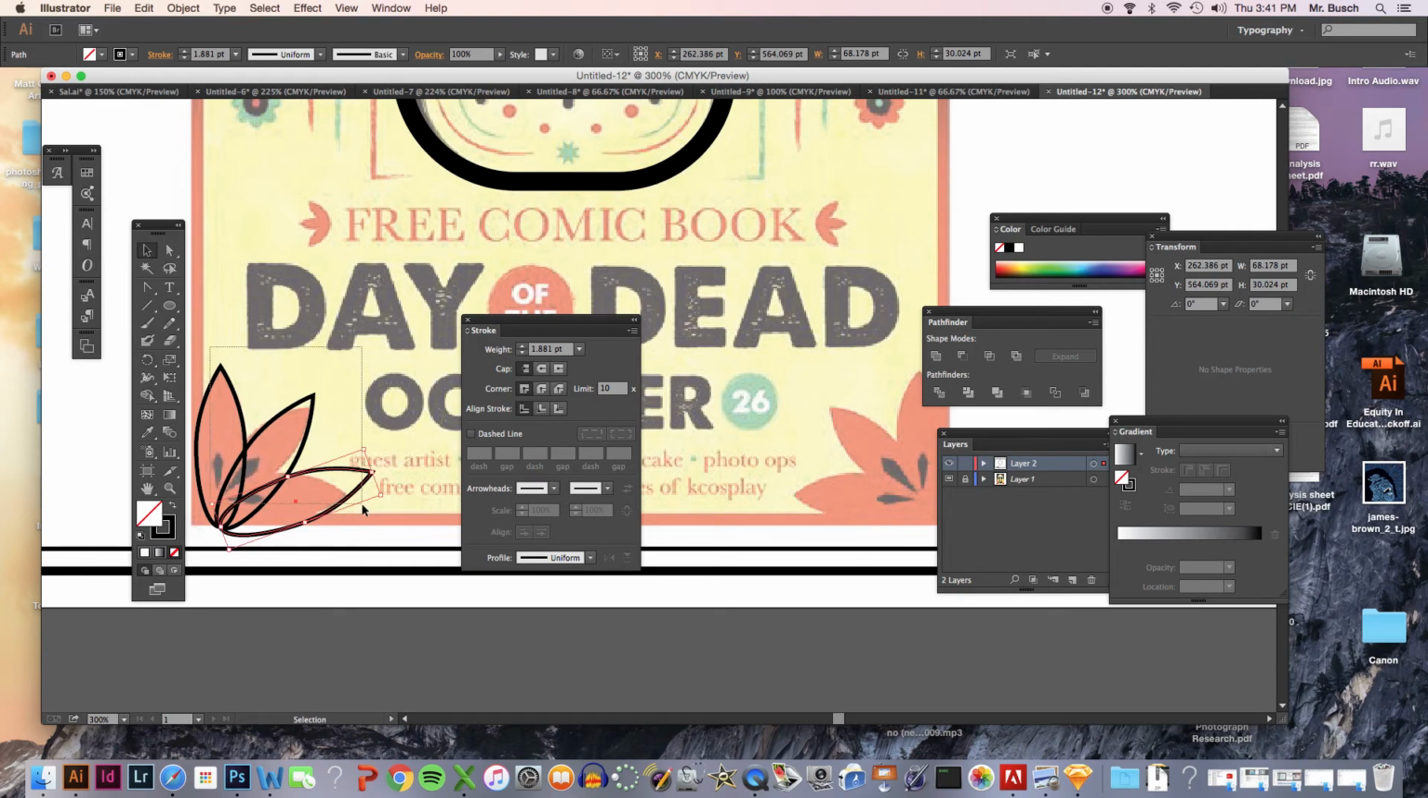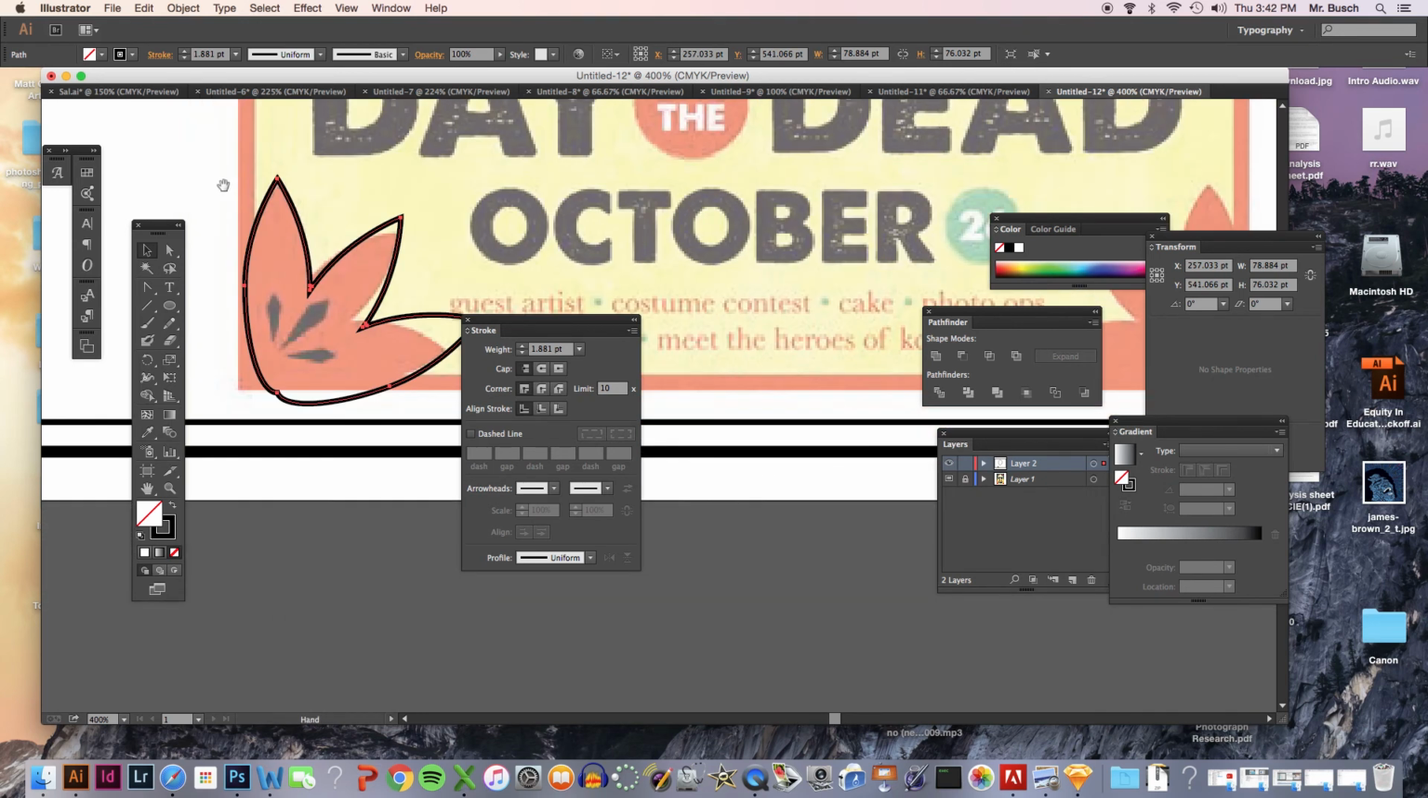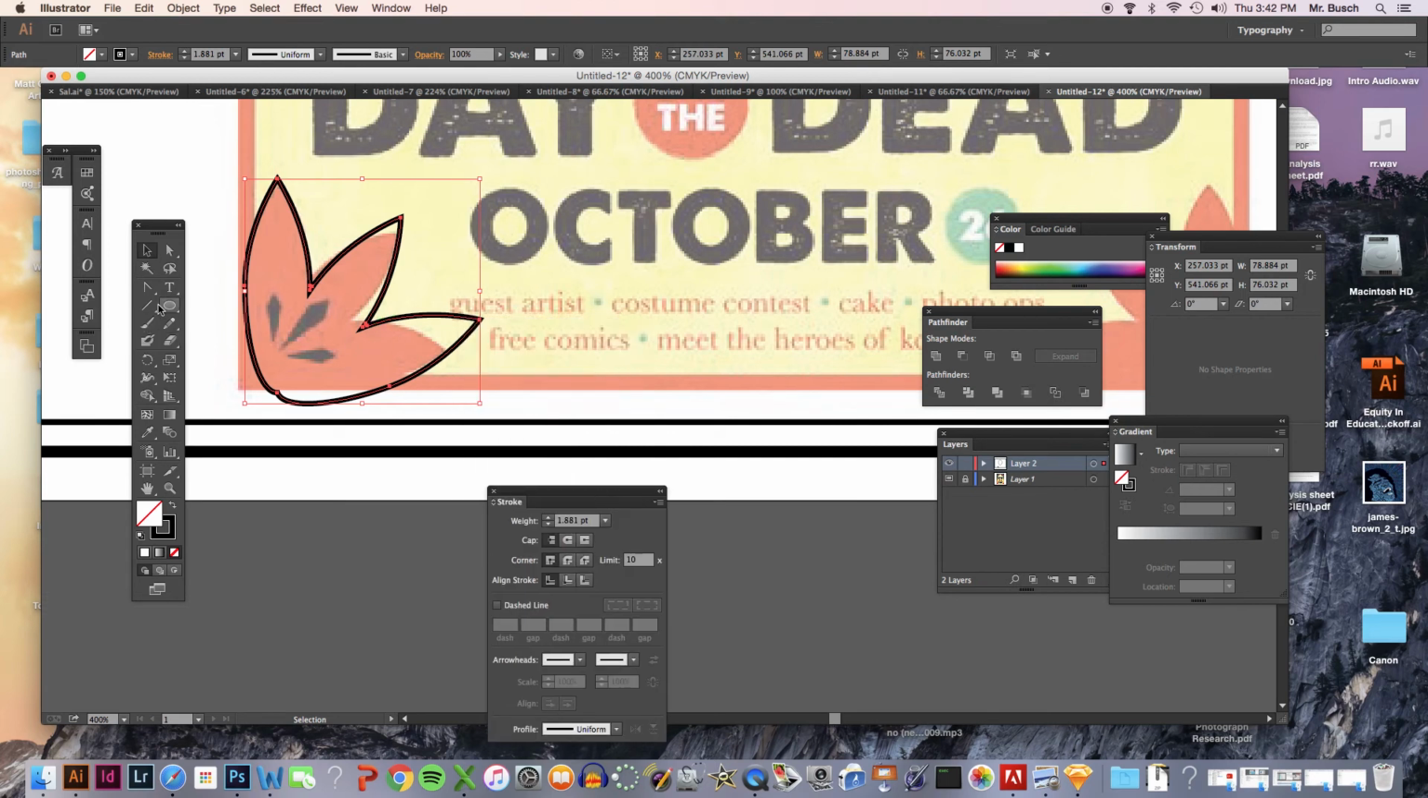Rubber band over those three things, and hit the Pathfinder Unite. And then we have that shape. Now I'm going to bring it back, and what more is these little petal things inside of it. Let's see. How can I make those? What if I did